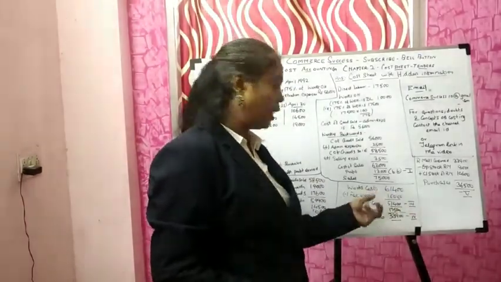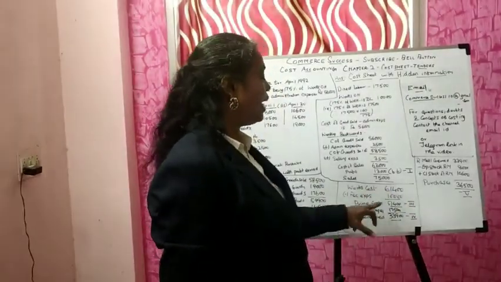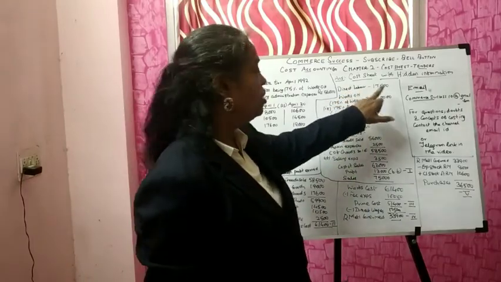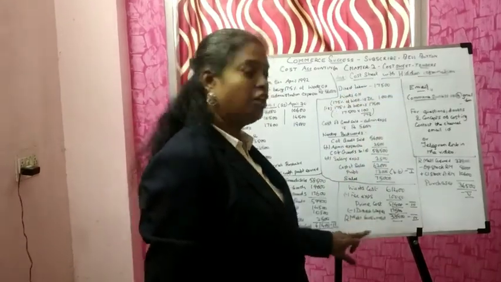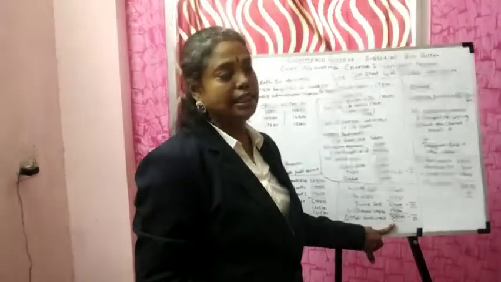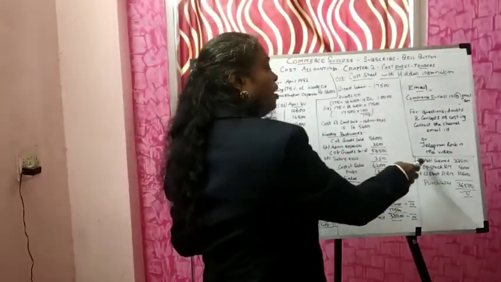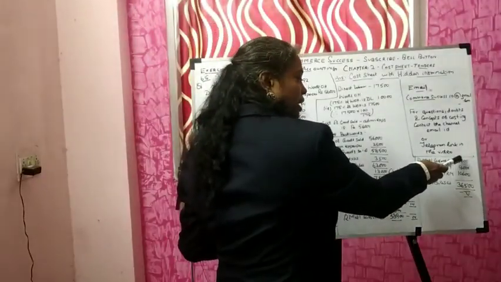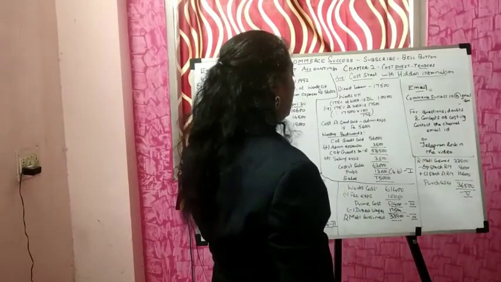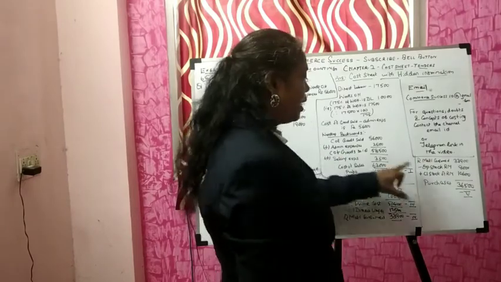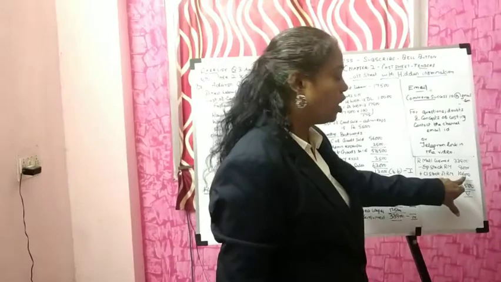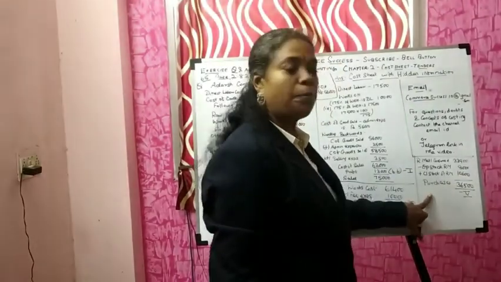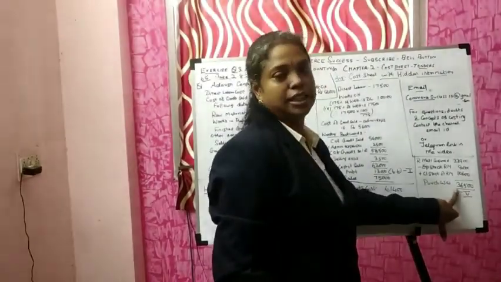Now you got the prime cost. Now minus your direct wages or direct labor, which is 17,500. You get the raw material consumed to be 33,900. Now raw material consumed is 33,900. Your opening stock of raw material is 8,000; minus it. Add the closing stock 10,600. You get the purchases figure, which is 36,500.